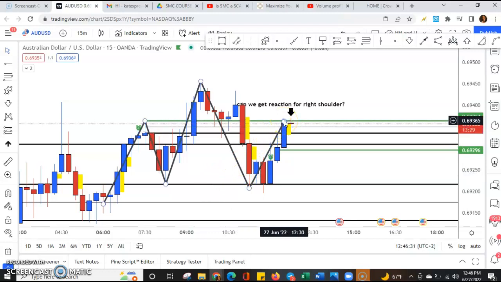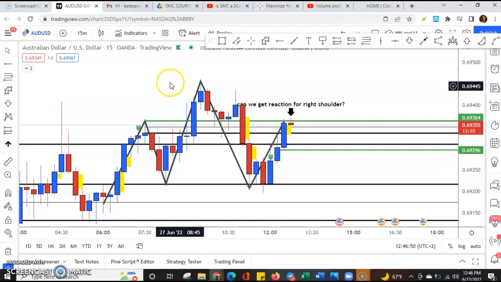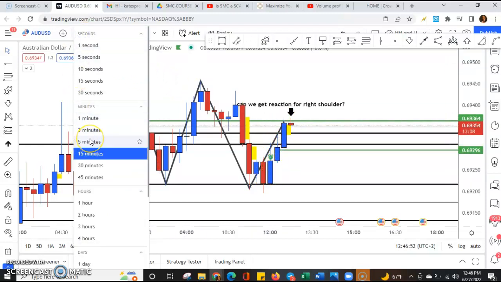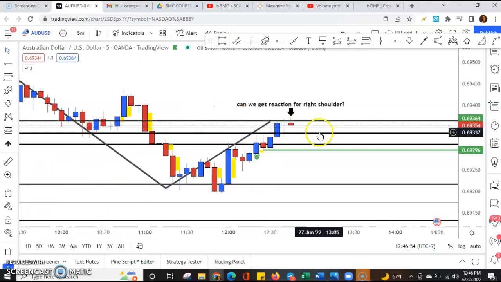And so my question to you is, why haven't I entered the market? What am I looking for? I am looking for a rejection, which is a reaction in the market. And so before I just hop in this trade, I need to know that the buyers are done buying up. And what I would do is drop to a lower time frame